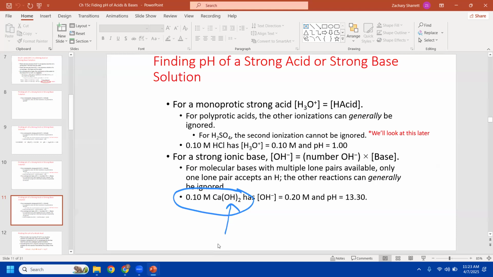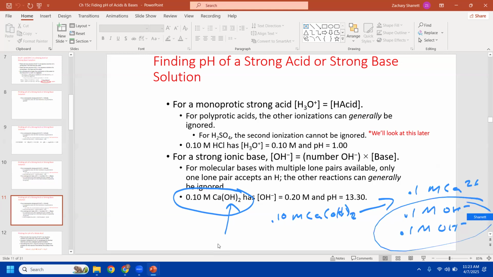What is it? Close, but the opposite, right? So if you have 0.1 molar of this, Ca(OH)2, and then we separate it out, we're going to have 0.1 molar Ca2+, but because there are two OHs for every one of the full, we'll have 0.1 molar of one OH- plus 0.1 molar of the other